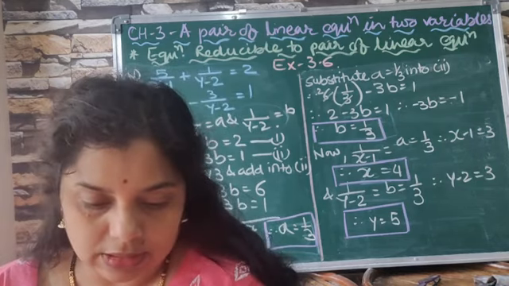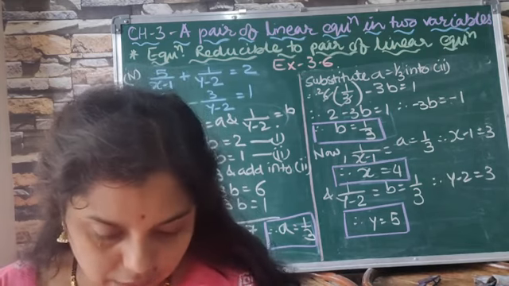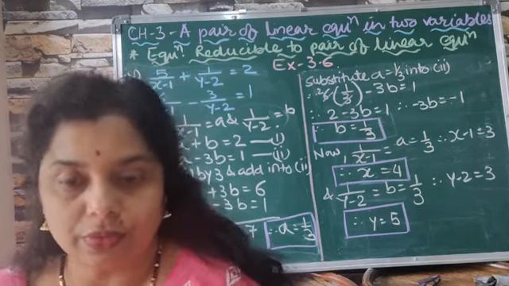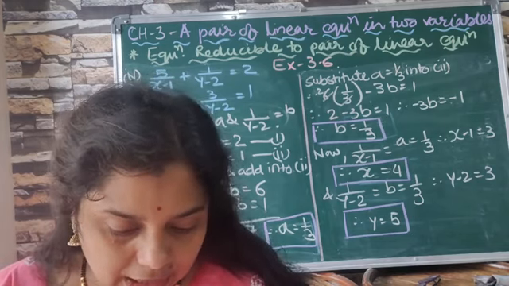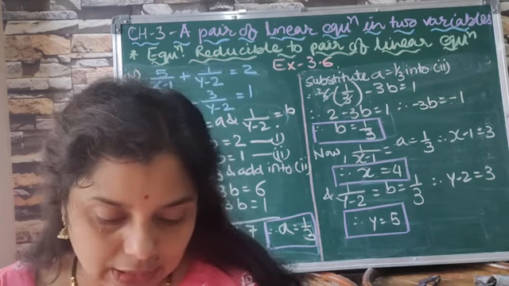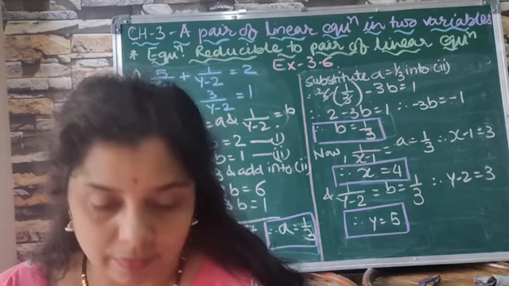Now let's discuss the third one. I'm not going to do the third one, you have to do it yourself. I'm just explaining how to solve the third question. It is 4 by x plus 3y is equal to 14, and 3 by x minus 4y is equal to 23. So here you can see that it is 4 by x, and y is given as it is.